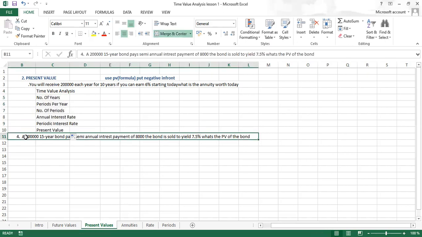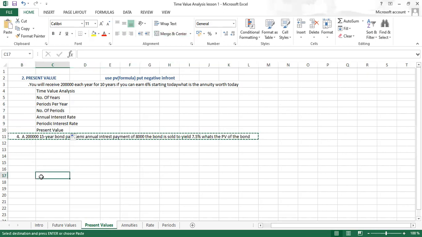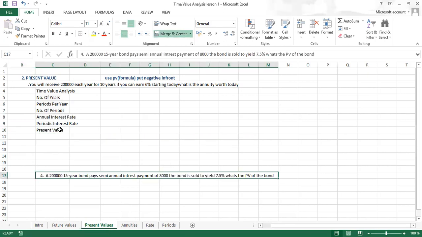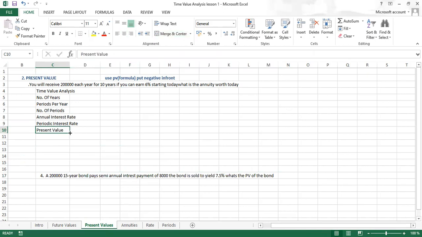So I'll take this one. I'll do Control X. Then I move it at least here. I do Control V because it has not taken the present value part. I take the PMT, and I also take the future value. So I'll merge this, Alt H M C, I do Control B. So the number of years,